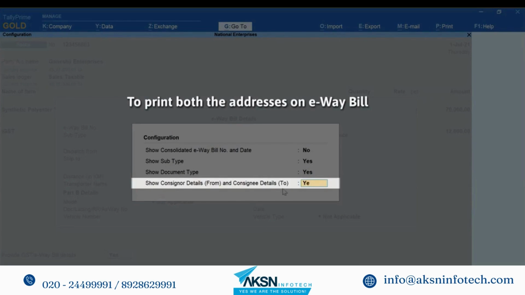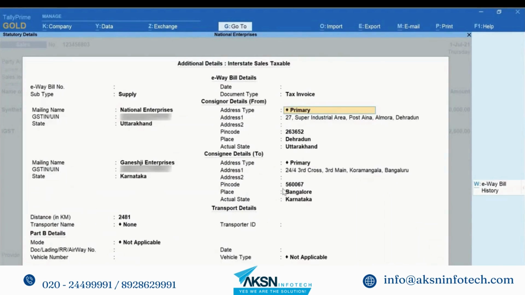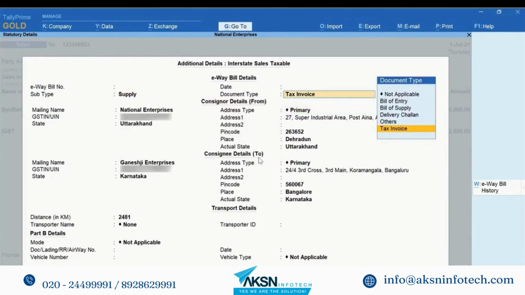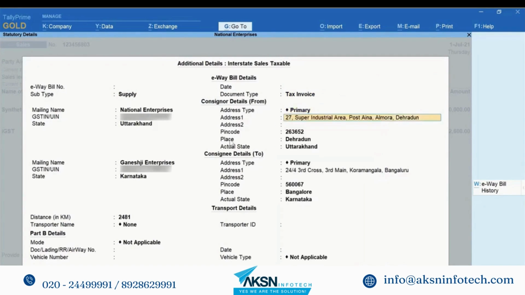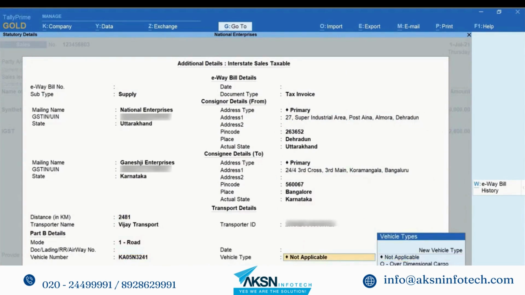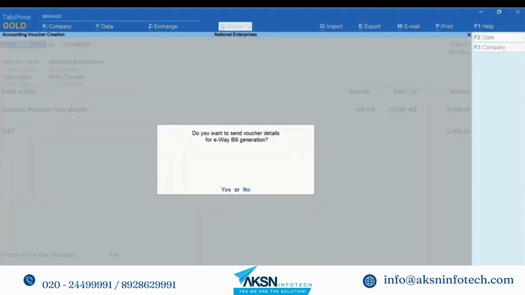यदि आप कंसाइनर और कंसाइनी की जानकारी ई-वे बिल पर प्रिंट करना चाहते हैं तो शो कंसाइनर डिटेल्स फ्रॉम और कंसाइनी डिटेल्स टू को यस सेट करके एंटर दबाएं। जैसा कि आप देख रहे हैं, एडिशनल डिटेल स्क्रीन में और फील्ड्स ऐड हो गई हैं। जानकारी एंटर करें और कंट्रोल ए दबा के सेव करें। उपयुक्त सब टाइप और डॉक्यूमेंट टाइप चुनें। कंसाइनर एवं कंसाइनी डिटेल्स पार्टी लेजर में प्रदान की हुई जानकारी के अनुसार पहले से भरे हुए होंगे। यदि आप चाहें तो बदल सकते हैं।